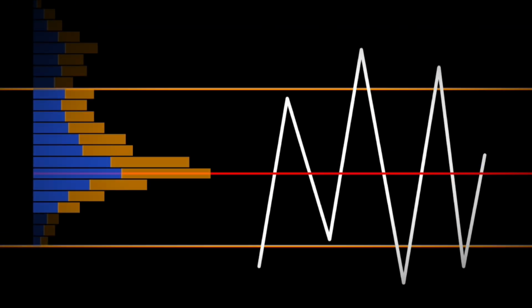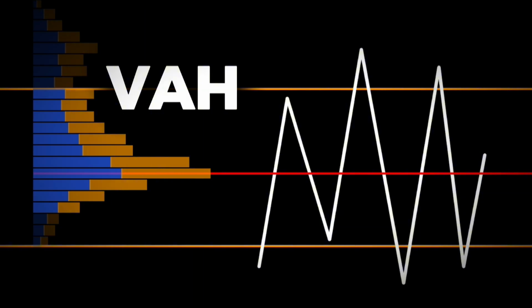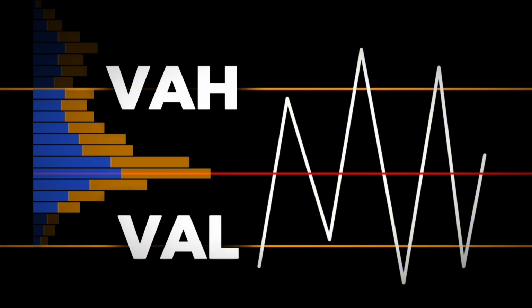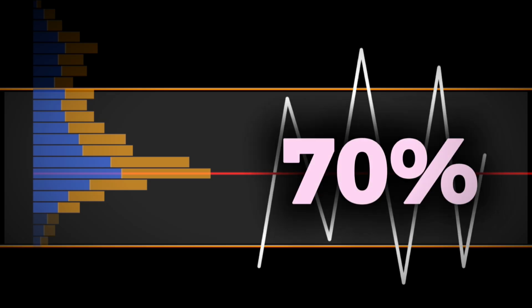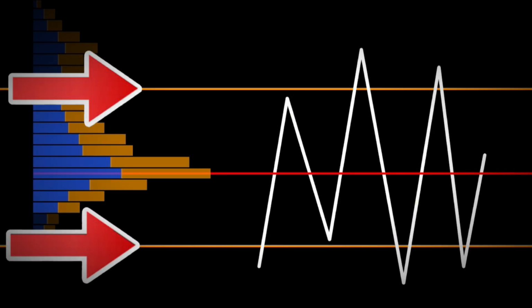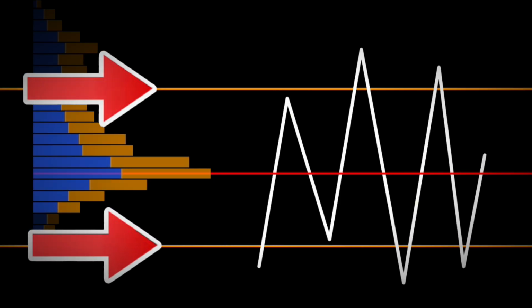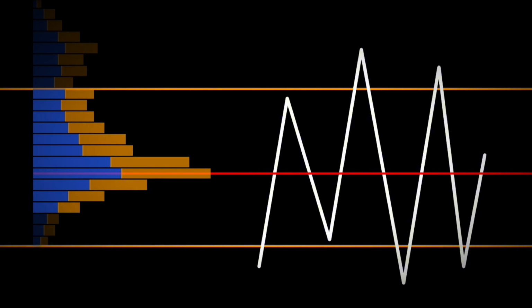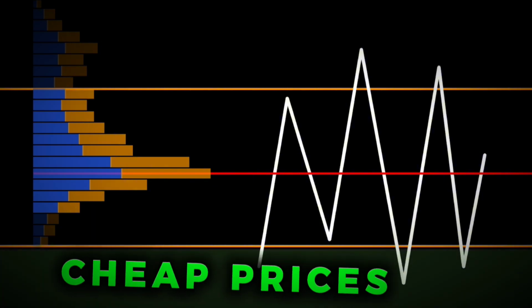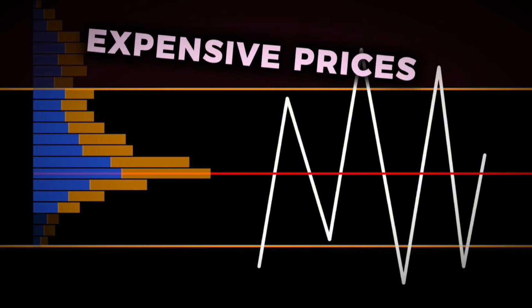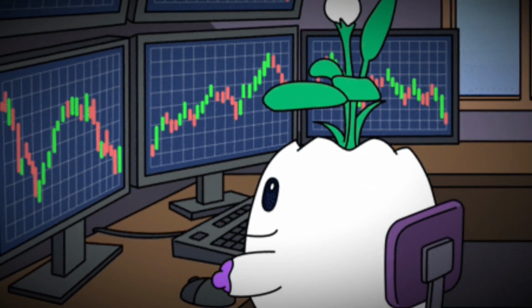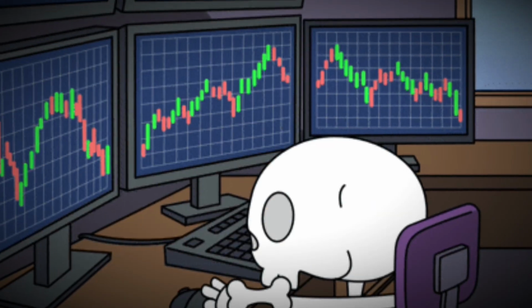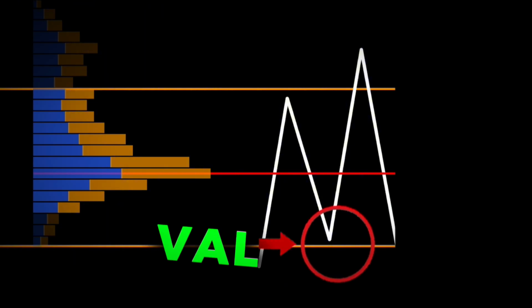So for example, say we have this volume profile, which consists of volume area high, volume area low, and point of interest, which shows that 70% of trades happen in this area, and anything outside this range would be considered an anomaly. Or, in other words, cheap prices market movers want to buy, or very expensive prices they want to sell at. Based on this trend and historical statistics,